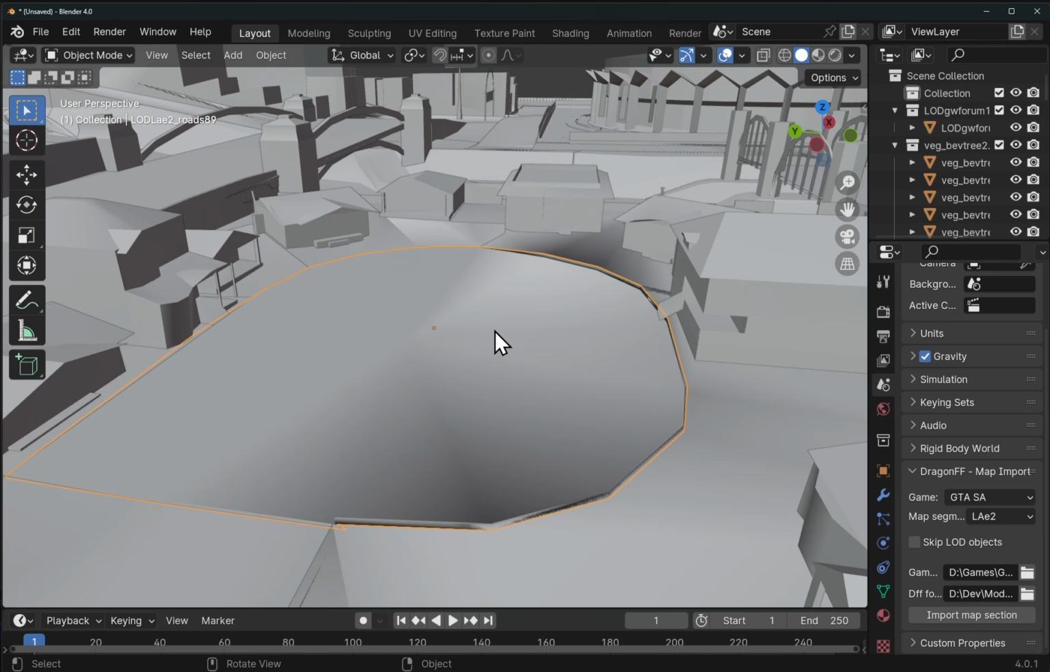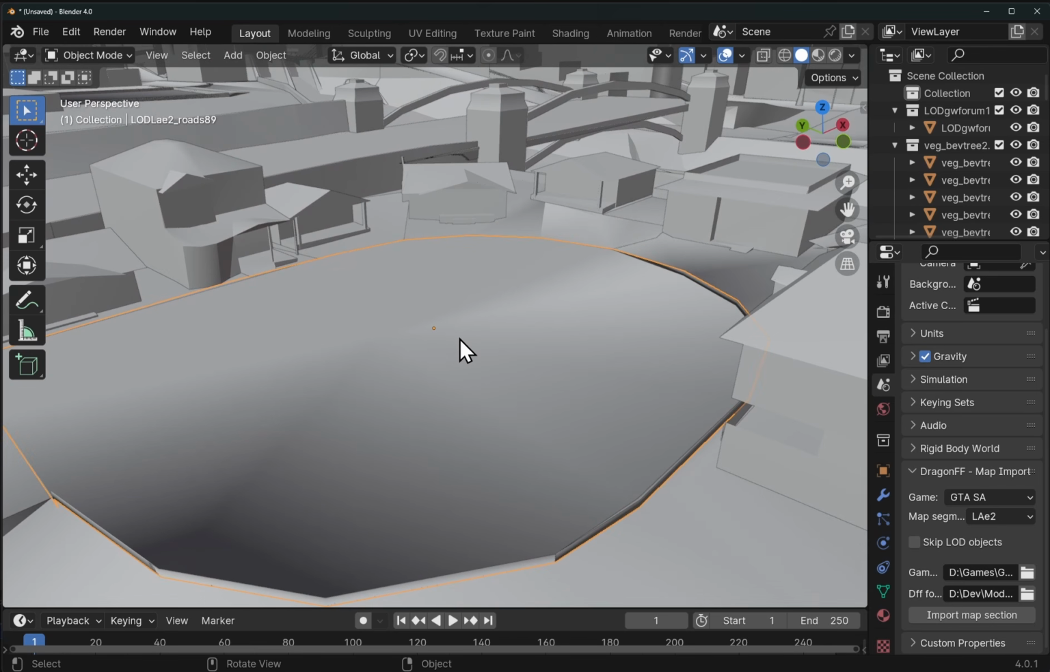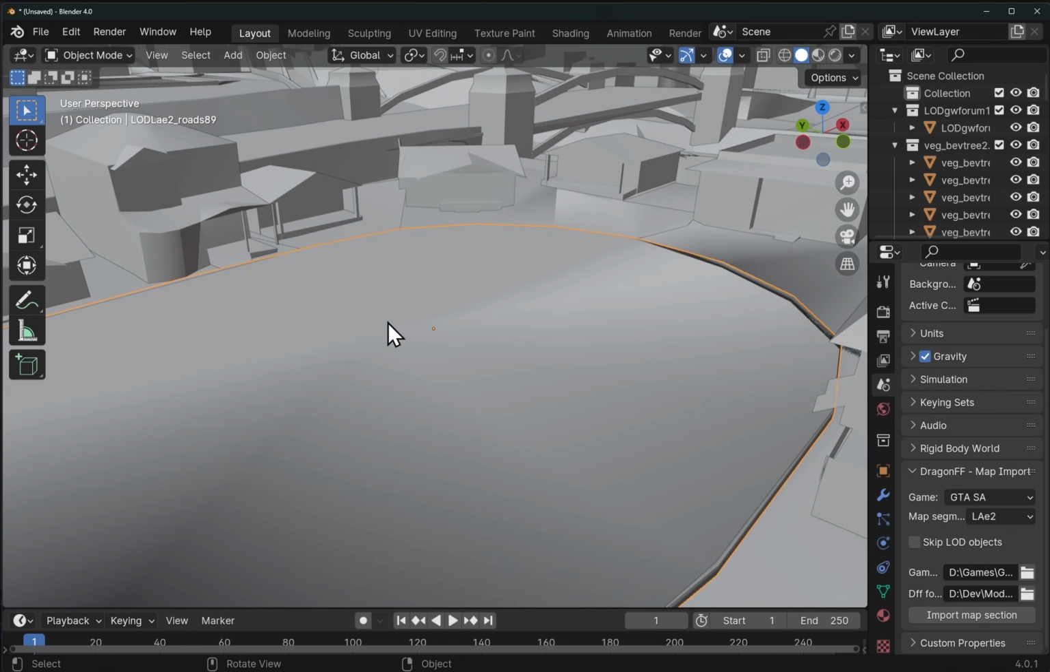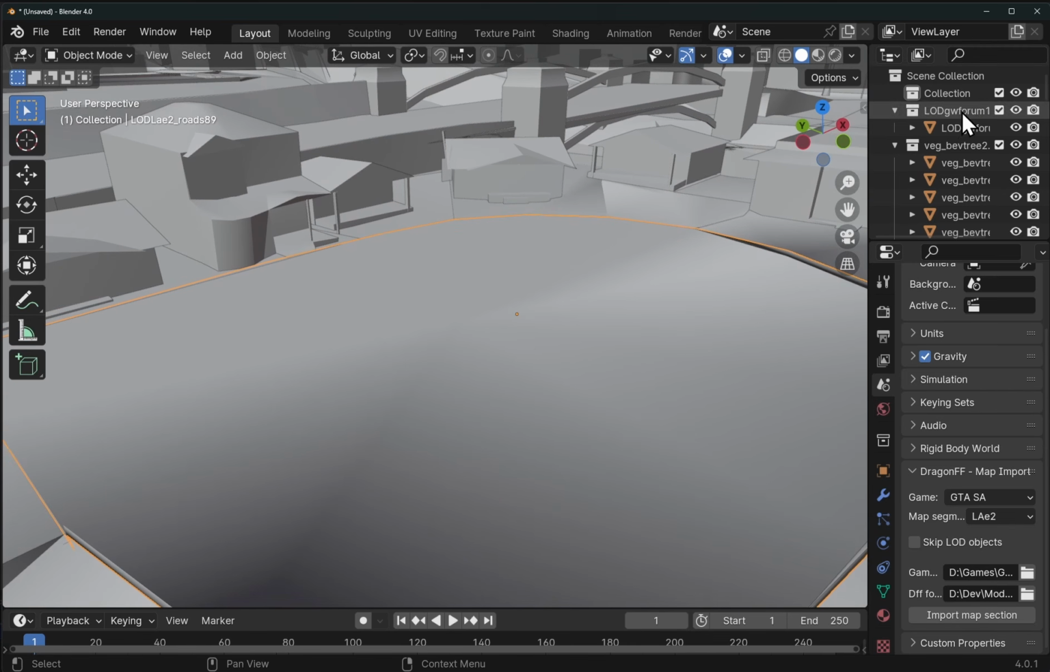So I think what we want to do is add something into the middle of Grove Street. So that I don't mess anything up with the reference that we've just imported, let's select something in the scene view, I forget what you call this thing, the right hand side, and then let's deselect